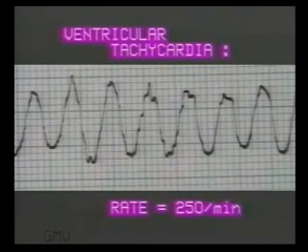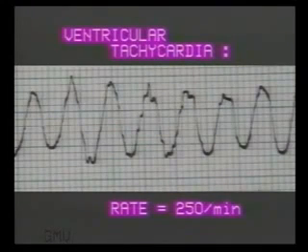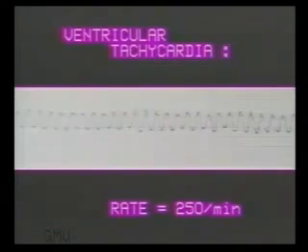In this ECG, the QRS complexes are very rapid but broad and bizarre, indicating that the impulses are originating in the ventricles. There are no P waves. RR interval measures 6 small squares, that is the ventricular rate is 250 per minute. This is ventricular tachycardia. It is common after myocardial infarction due to formation of circular circuits around the ischemic area. It is very alarming as it will lead to ventricular fibrillation and death.